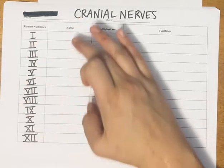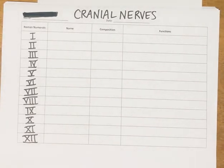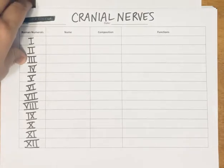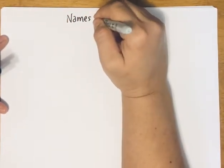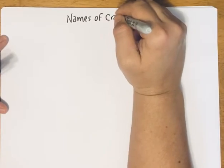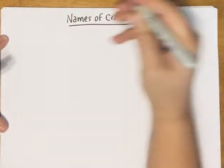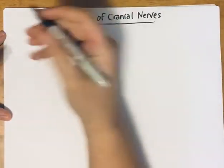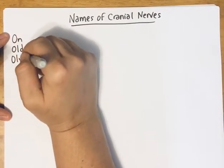Now, these are named according to their function. Now, there are mnemonics that you can use to help you memorize cranial nerves. So, one of the ways that I learned the names of cranial nerves, I'm going to turn this sideways. A way to remember your cranial nerves is you do like a little story on old Olympus,